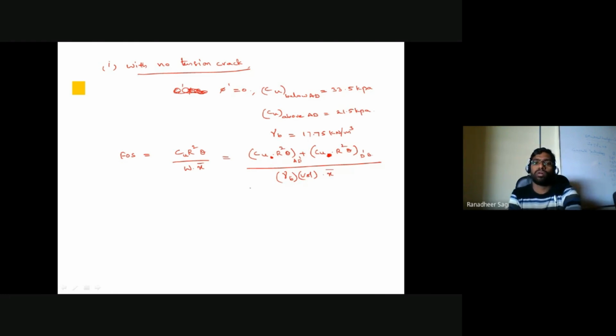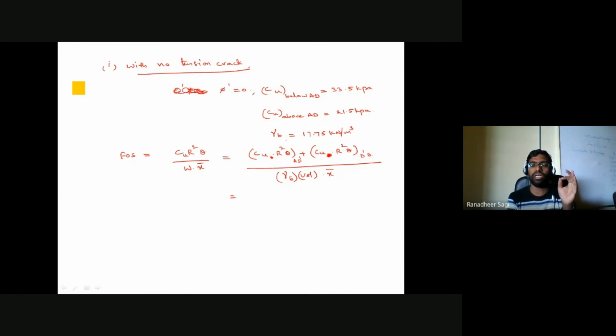Now, what is the volume of the soil equal to? Volume of the soil is nothing but the area of cross section of the soil which is undergoing the failure for every 1 unit width in this particular direction. So I'll go on to substitute all my terms into that expression. So let's quickly understand the first term, Cu into R square into theta, for the soil where the failure surface